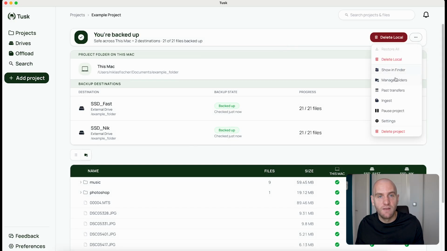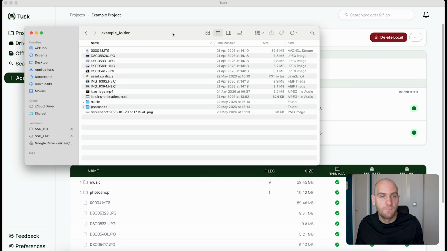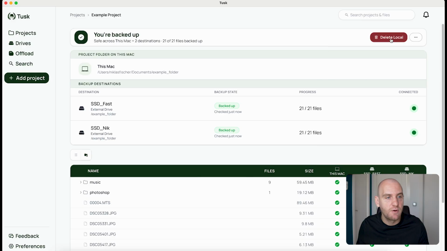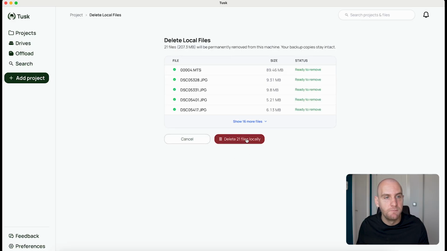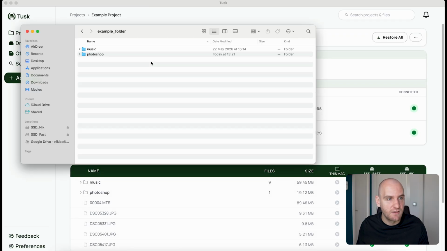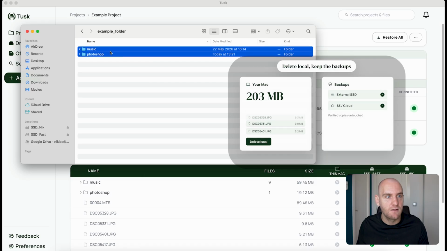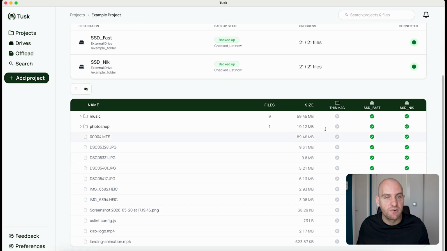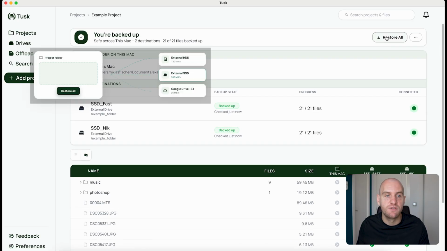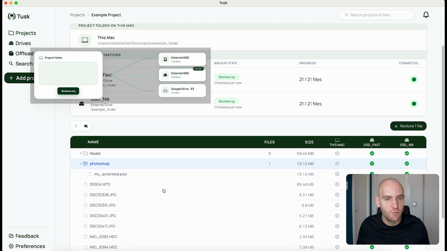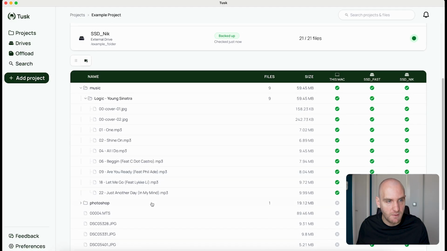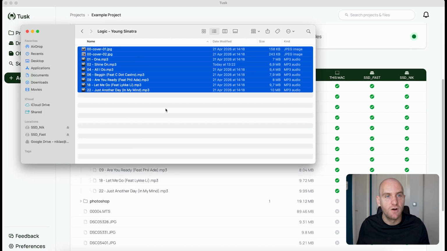which, if I show it to you in the Finder, looks like this. The example folder right here with a bunch of different files. And if I now say I want to delete everything locally from my machine, I can just do that. I get the 207 megabytes of space back, and I only have the empty folders left here. While if I actually want to have the data back, I also just need to click once, or maybe I just want to do it for one specific folder. I can just restore all the files with one click as well. So in this case, I restored my music folder,